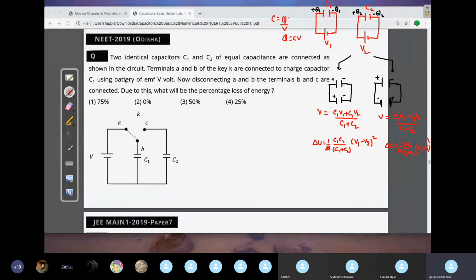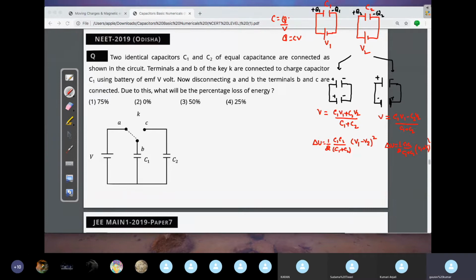But for boards, if the question is asked, you have to write the entire step that I have discussed in the derivation. But in JEE and NEET, if you get the question, straight away you can use this result. You will get full marks here. But in boards, if they ask you, you have to write all the steps. Otherwise, you will not get marks here. Okay.